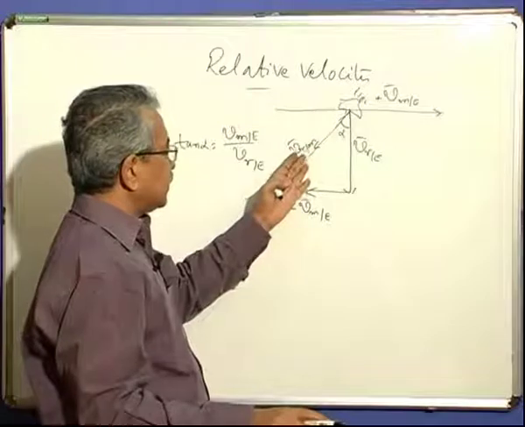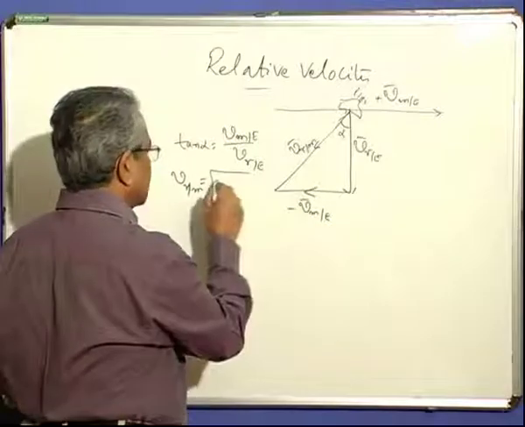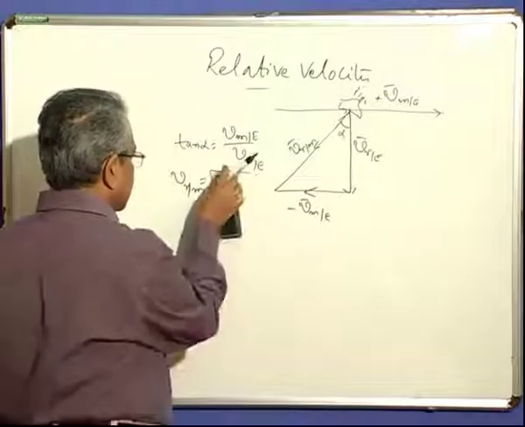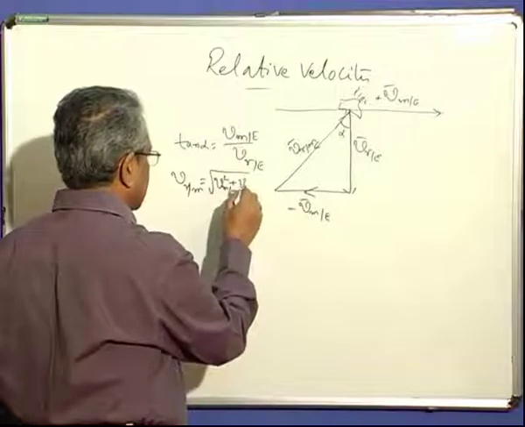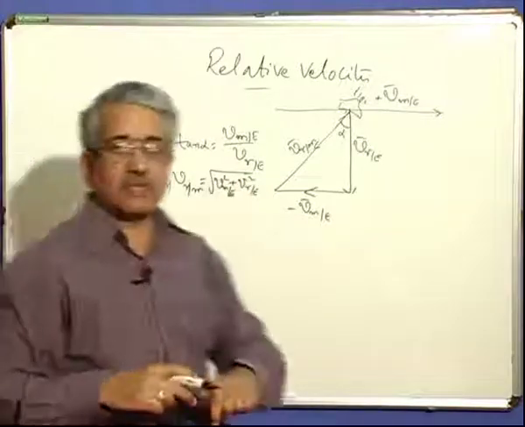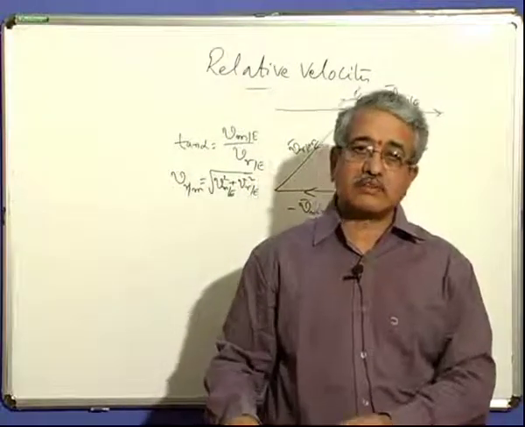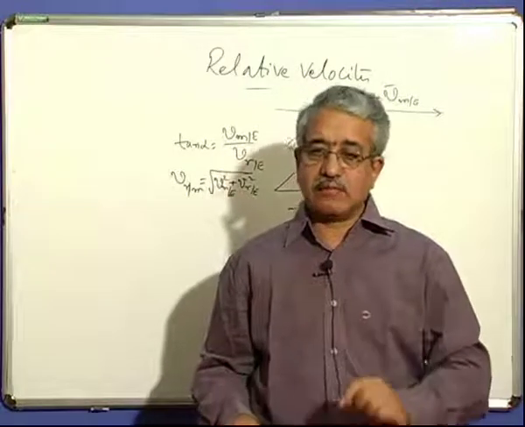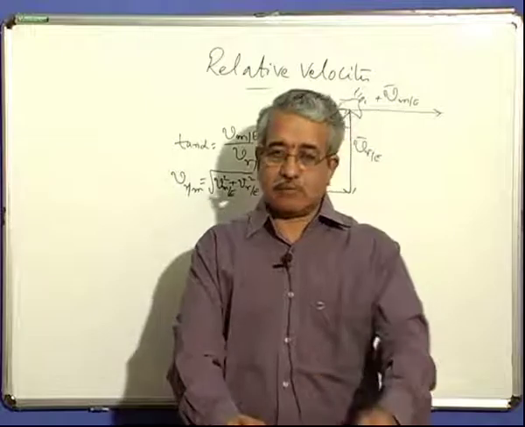The velocity with which the rain comes is given by this equation from the vectors again: V m square plus V r square. This is the usual relative velocity equation we have. So the concept of relative velocity comes because of the illusion generated by the motion of the observer. If the observer is stationary, he can see the actual motion. If he is also moving, he will see his velocity also in the reverse direction on the observed scene. That's why it appears like that.